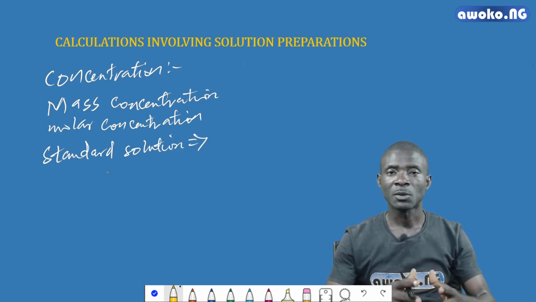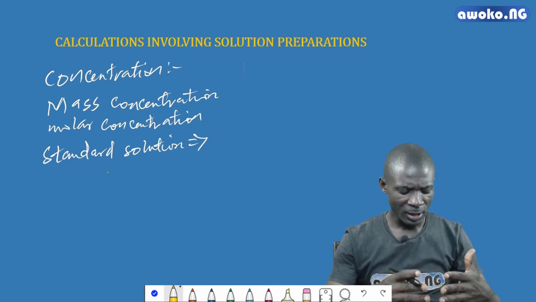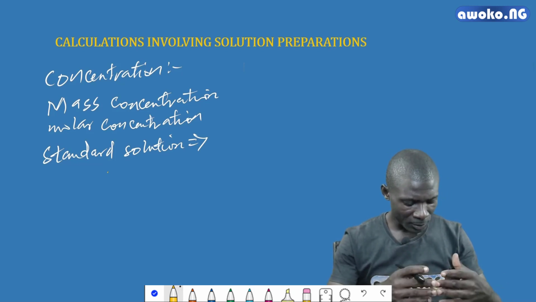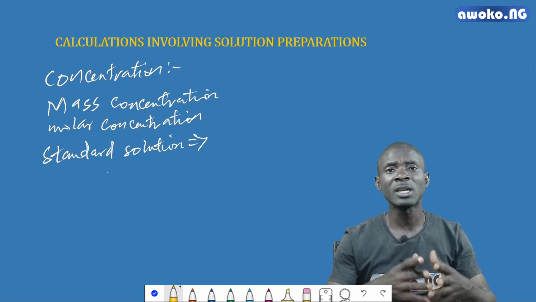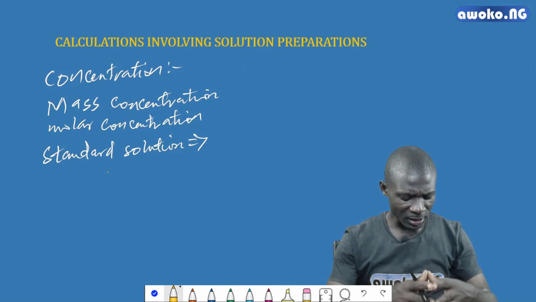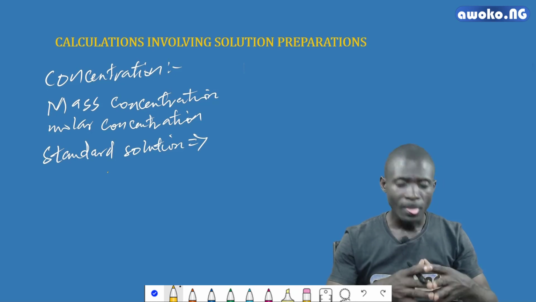Of course, we have said when the concentration is in grams per dm cube, it is called mass concentration, while when it is in mole per dm cube, it is simply called molar concentration. Okay, so we can say the concentration of a solution is the total amount of solute in solvent expressed in grams per dm cube or in mole per dm cube. When the concentration of a solution is known, we can call the solution a standard solution. When the concentration is defined in terms of moles of solute, it is simply called molar concentration